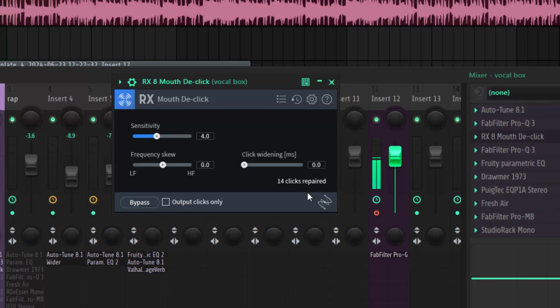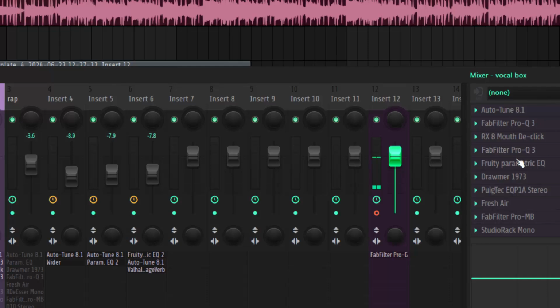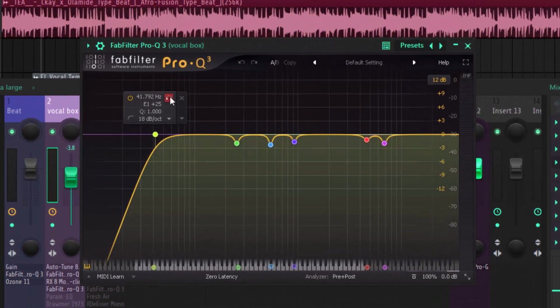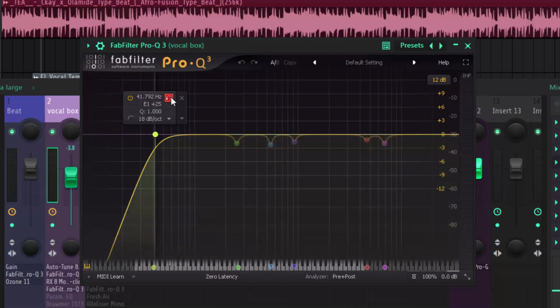You can see it's reading it and removing a lot of those things that you might not even be able to hear sometimes, but they are there. So I don't always use this plugin, but in this one I used it. The next thing I added again is an EQ. I added this EQ and removed the rumbles from the low end, which I chose.